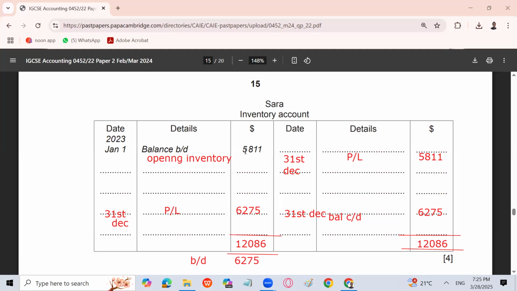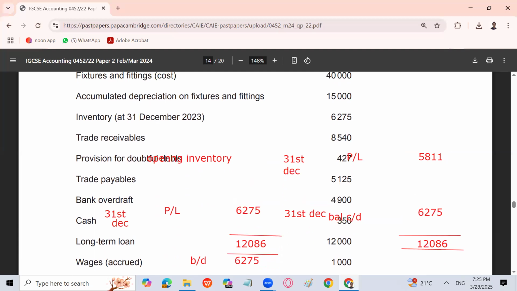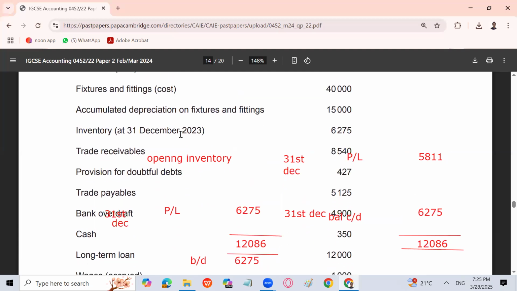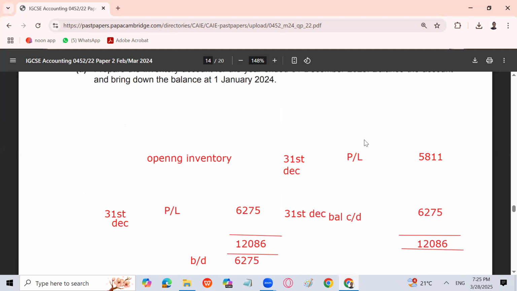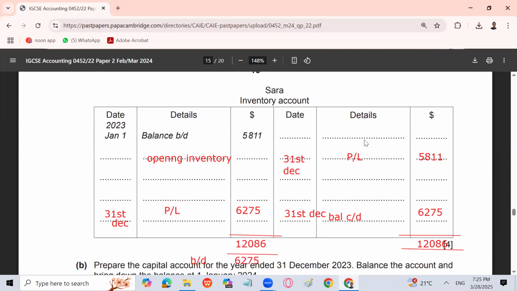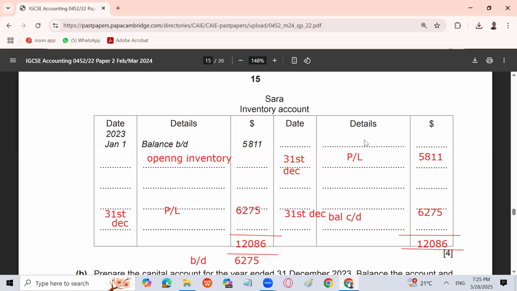तो ब्रॉट डाउन यहाँ लिखा हुआ है, ये ओपनिंग इन्वेंट्री दी हुई जनवरी 1 की, जो क्वेश्चन में नहीं दी हुई थी, इसलिए यहाँ दिया हुआ था बैलेंस। इसको भी प्रॉफिट लॉस अकाउंट के नाम से क्लोज कर देंगे, क्रेडिट कर देंगे, और क्लोजिंग इन्वेंट्री जो कि बैलेंस कैरी डाउन के नाम से एट द एंड आपके पास आएगी, जो कि क्वेश्चन में दी हुई है। तो बैलेंस कैरी डाउन में आपकी क्लोजिंग इन्वेंट्री ही दी हुई है, इन्वेंट्री एट 31 दिसंबर 6275, वो आप एट द एंड लिखेंगे, कैरी डाउन, जो कि ब्रॉट डाउन भी बनेगा नेक्स्ट ईयर का।